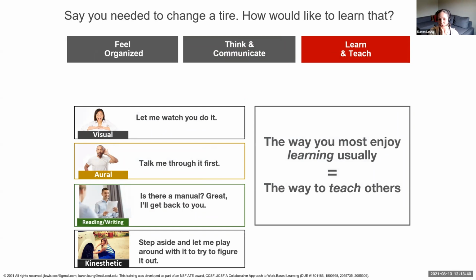And the way that you enjoy learning almost always equals the way you teach others. Just because you think that works best for you, you tend to get materials and resources and teach and train people that way. So think about the way that you most like to learn. If, for instance, I said you needed to learn to change a tire,